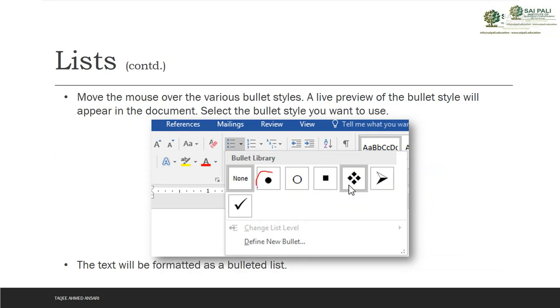By default it will add this bullet, and you can get other options also, like other designs of bullets. So move the cursor over the various bullet styles, a live preview of the bullet style will appear in the document. Select the bullet you want and then your text will be formatted accordingly.